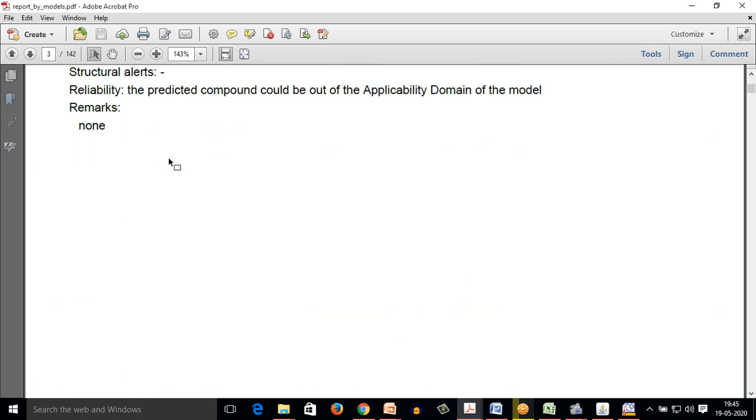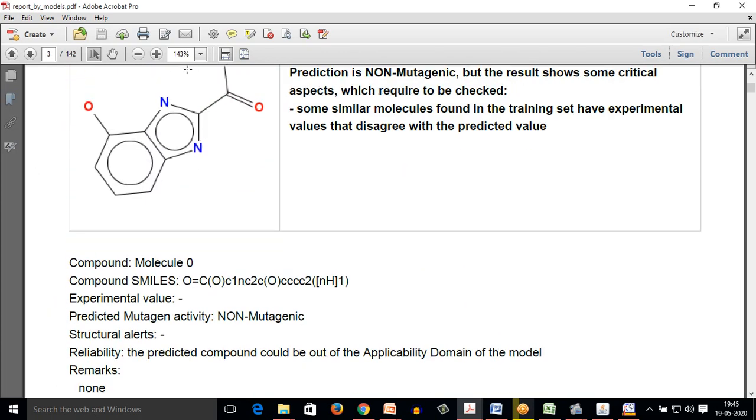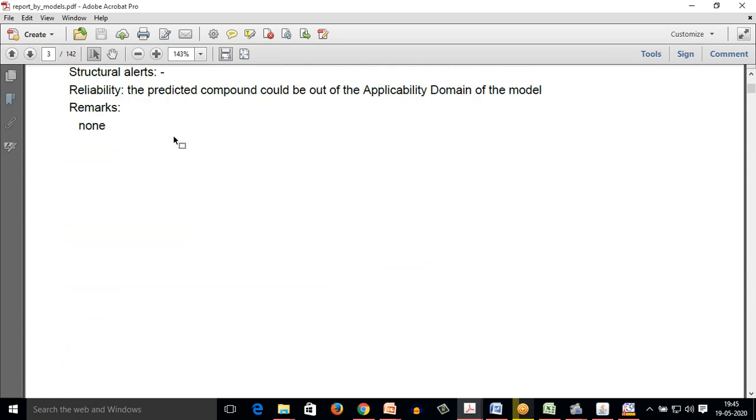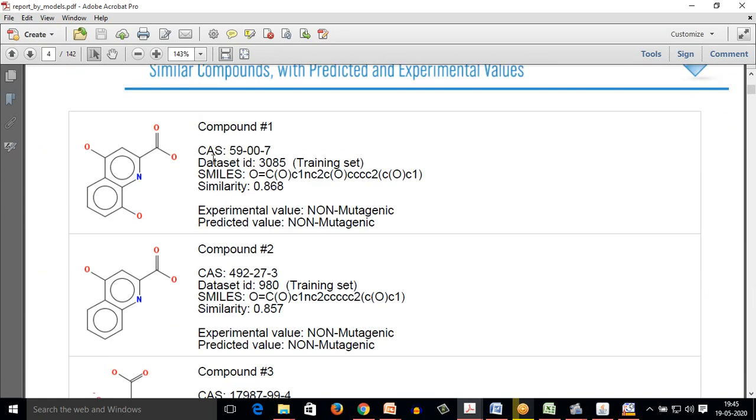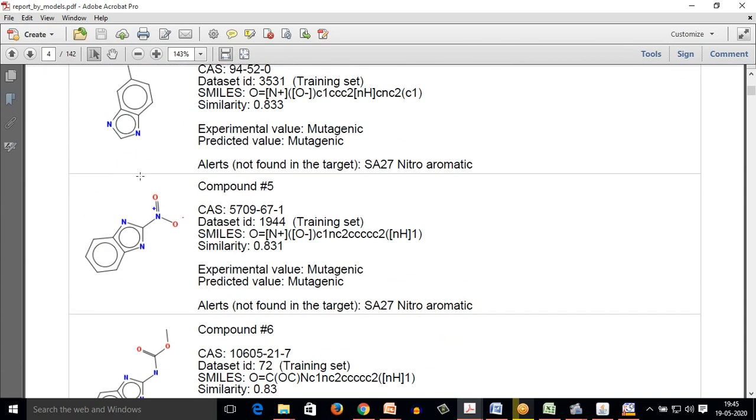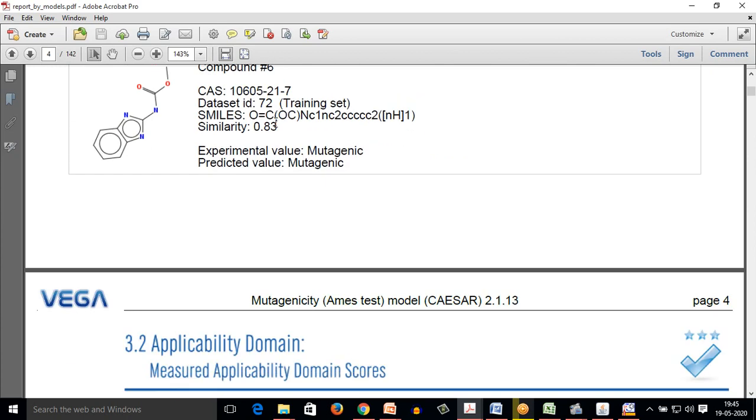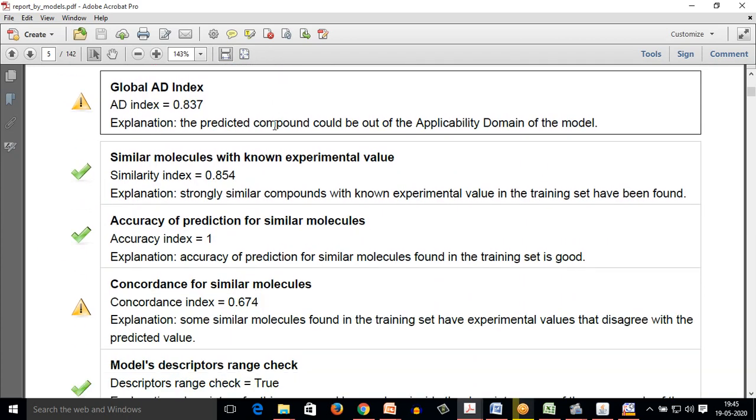Moving to some other results, we can see that some similar data is available, which is initially available in the domain. This was the benzimidazole structure, but you can see these particular molecules, the set of molecules through which the data was compared and we got that data. Here we can see that the similarity index is also given.